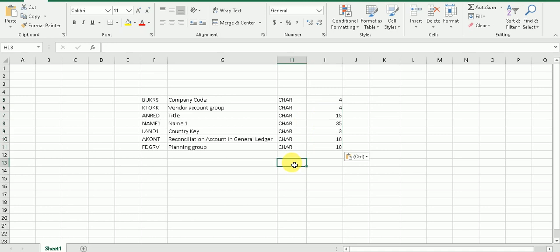So what we can see, what our recording had done in FK01: company code, vendor account group, title, name, country key, reconciliation account in general ledger, and planning group. Okay, so we need to do like this in a row way.